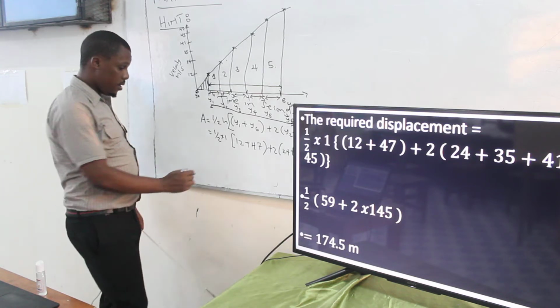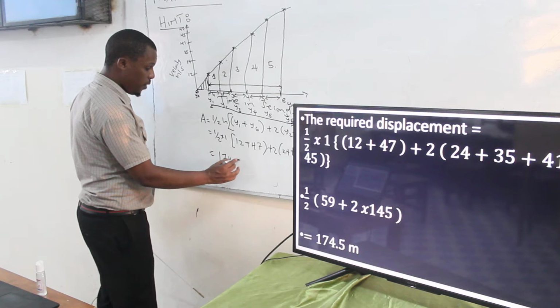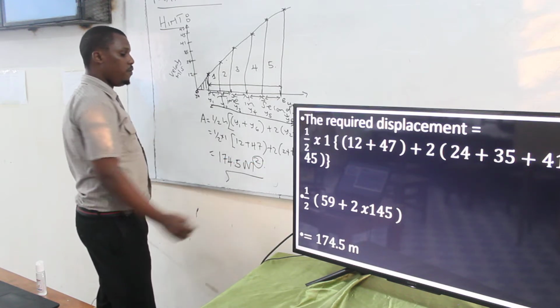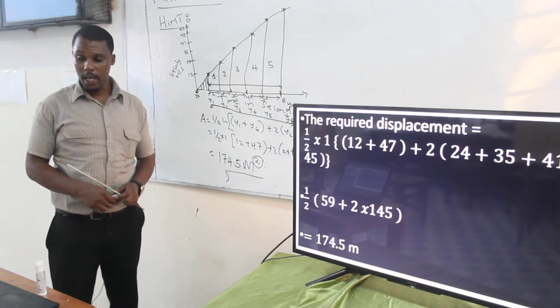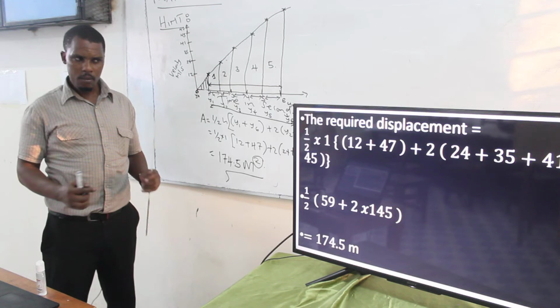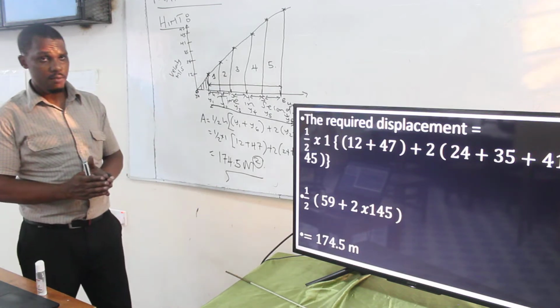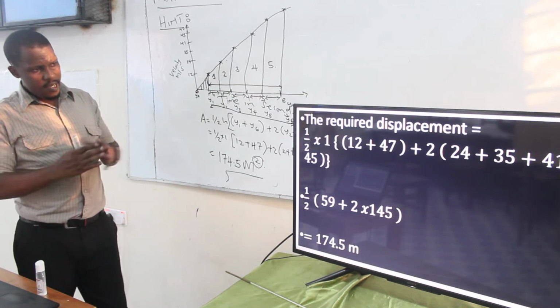174.5 meters square. Remember this is the area, so 174.5 meter square. Don't forget the square on the unit part, because if you leave it, you're going to be penalized. If you leave it, it will be as if you're finding the perimeter. So that is the interpretation of the question that you're going to be finding in the exam, and you should be very careful when a question is framed in form of that table. That is example number 1.